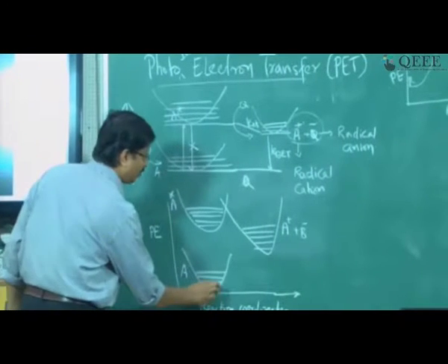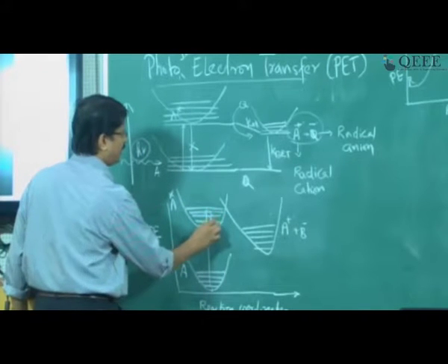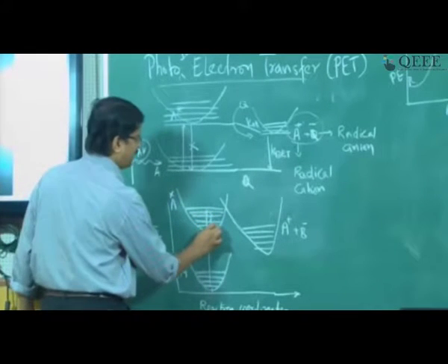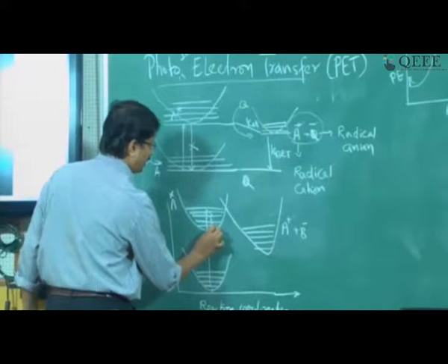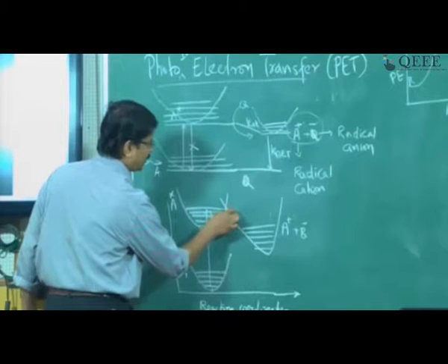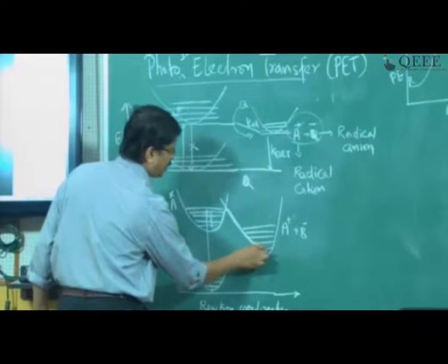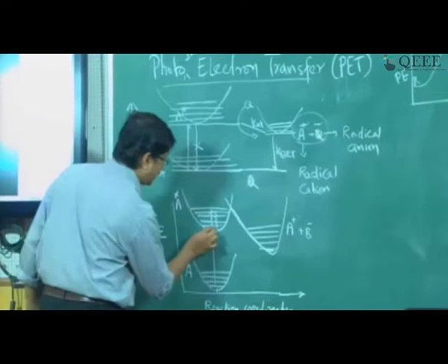Electron was here, got excited here, you can have internal conversions, and then now this has to go to this place. So as you can see, if it travels this way, there is a barrier, it crosses this barrier and comes down. So if I thicken this line,